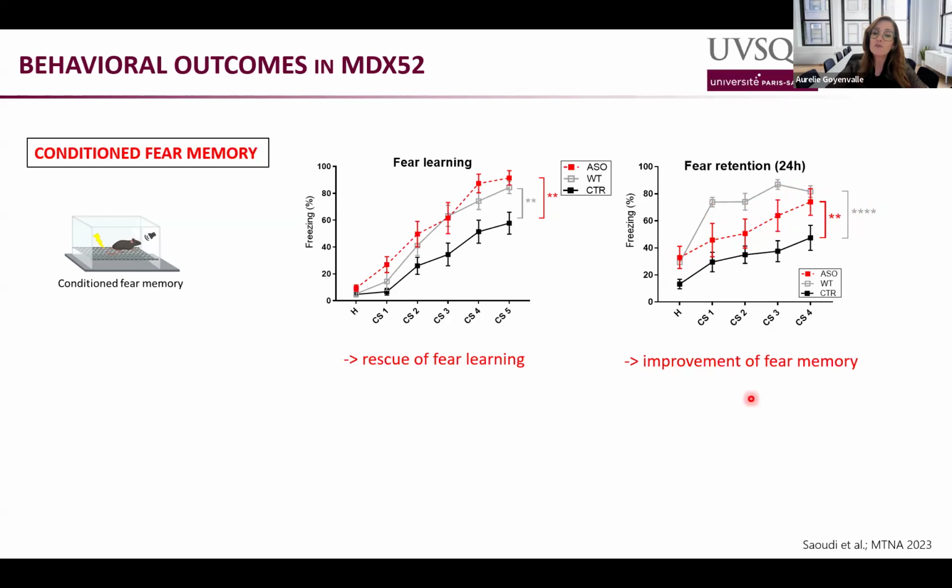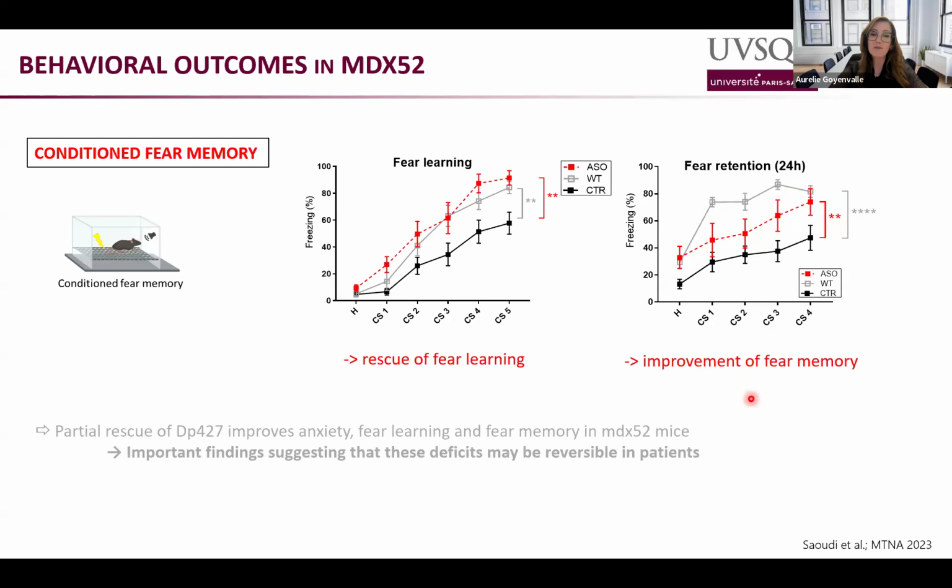So there's only an improvement in the fear memory. So overall, this showed that the partial rescue of the DP427 improves anxiety, fear learning, and fear memory in these mice,